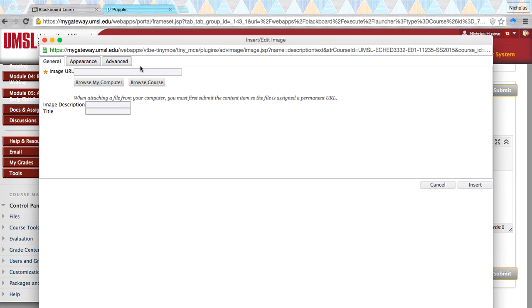And it takes a minute because it has to create a URL for the image itself. But it's finally popped up. Once this little box down here shows up in gray, it means it's processing your file. You can also provide an image description and title. I tend not to,